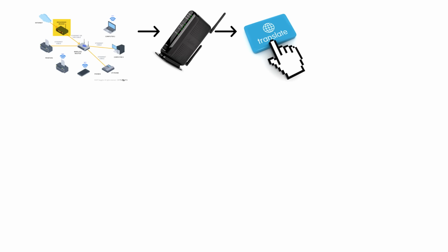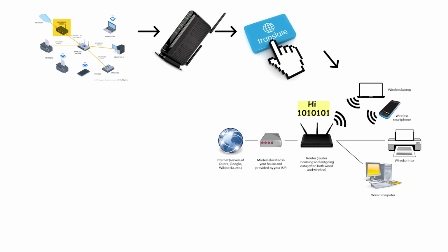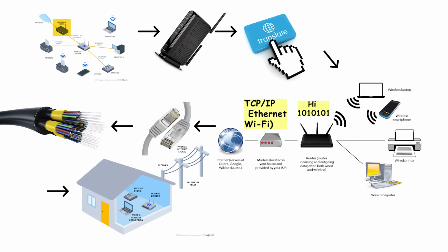Between your router and the outside internet sits your modem. Think of the modem as a translator. Your router speaks home network language, and the modem speaks internet provider language. If you have cable, fiber, or DSL internet, the modem converts the signals so your router can understand them and pass data back and forth.